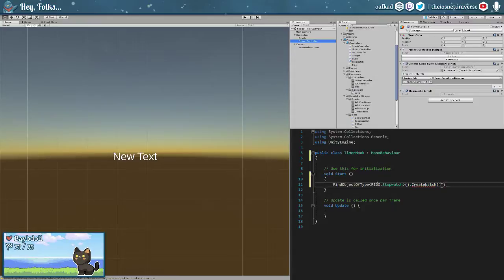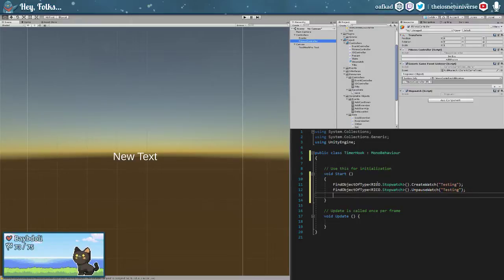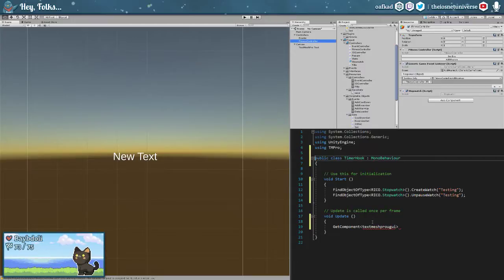Create watch, and we'll call it testing. Unpause watch, testing. We'll probably want to make it so that you can have them start paused or unpaused. But down here, we're going to say get component text mesh pro UGUI, and I'm going to right click on it, and oh, I didn't find it. Well, if you're going to do that, I'm just going to do this. And come back down here, text mesh pro UGUI text equals, and again, what I'm doing right now